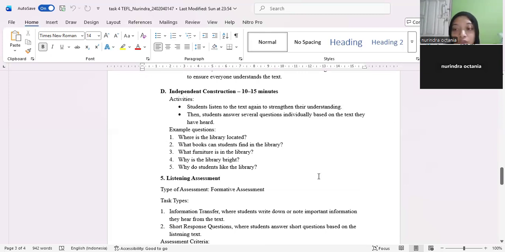Finally, students move to the independent construction stage. The time is 10 to 15 minutes. The activity: students listen to the text again to strengthen their understanding. Then students answer several questions individually based on the text they have heard. Example questions: